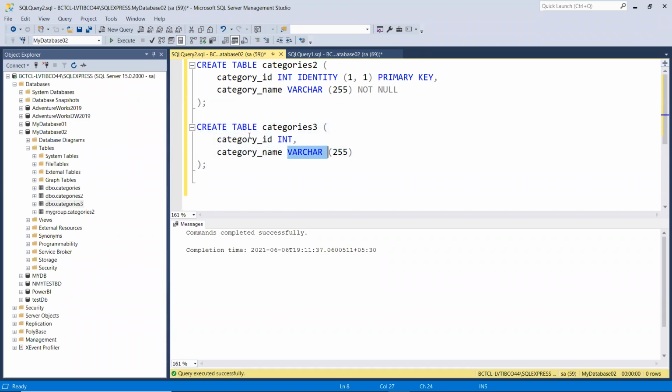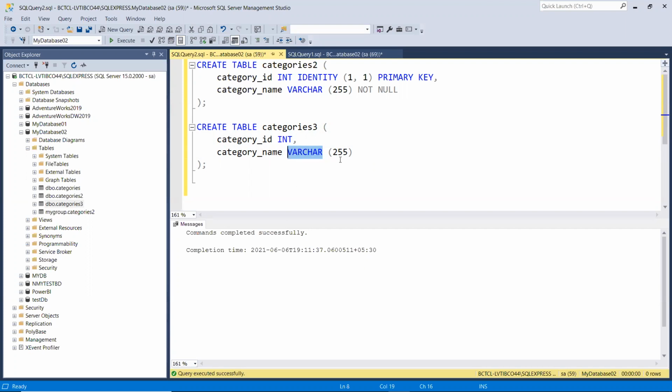Everybody's okay? Let's go step by step. What is varchar? So char stands for characters, and var stands for variable. Variable character. What this means is I want a data type of variable characters, which obviously means it is going to be a text value. And the amount of storage or memory required for this particular value will vary depending upon the data.